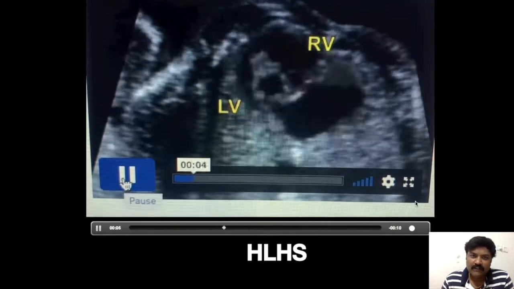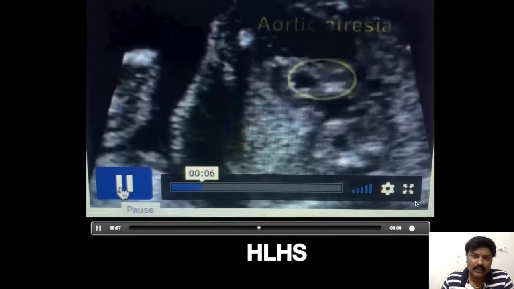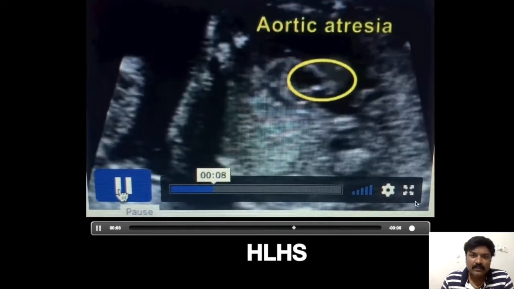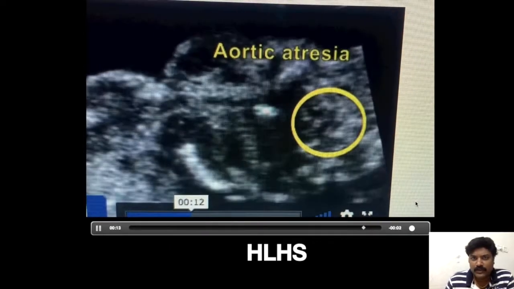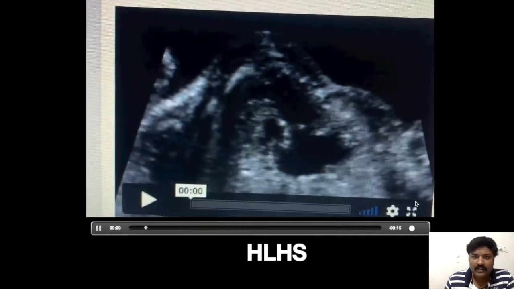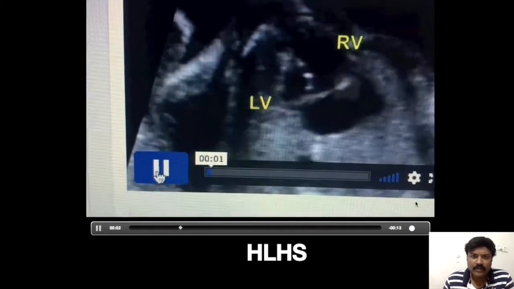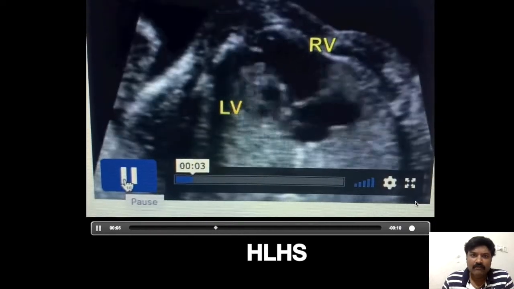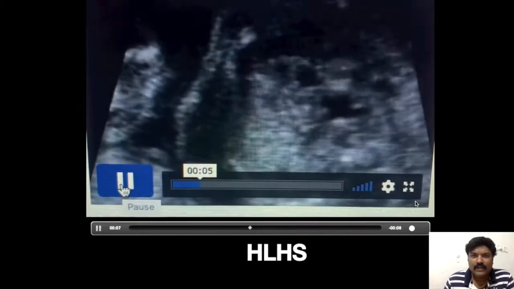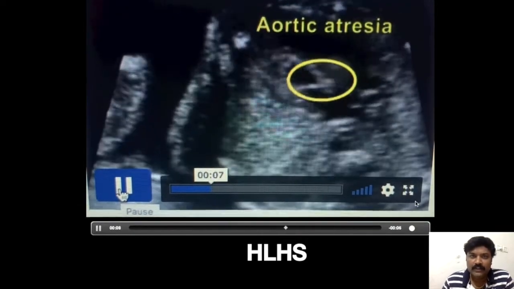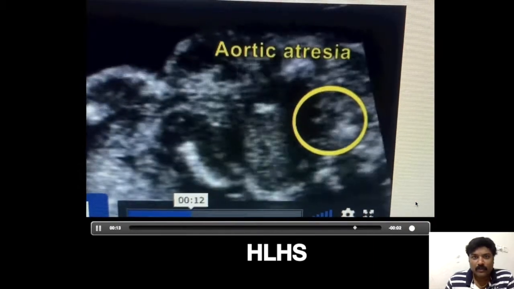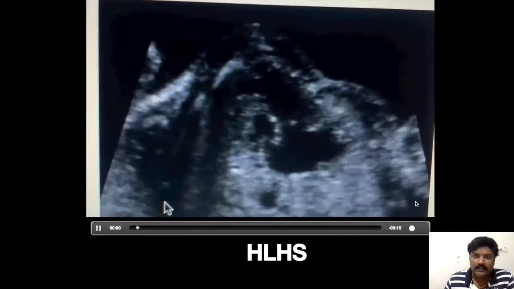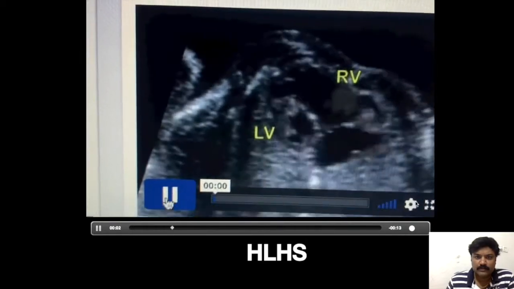The hypoplastic left heart is differentiated from other conditions by few findings, like the left ventricle will be small and usually not part of the apex of the fetal heart, and there will be concentric hypertrophy of the ventricular wall with absent normal contractility of the left ventricle. So in case of coarctation, there will be normal contractility, even though the left ventricle is small in size.